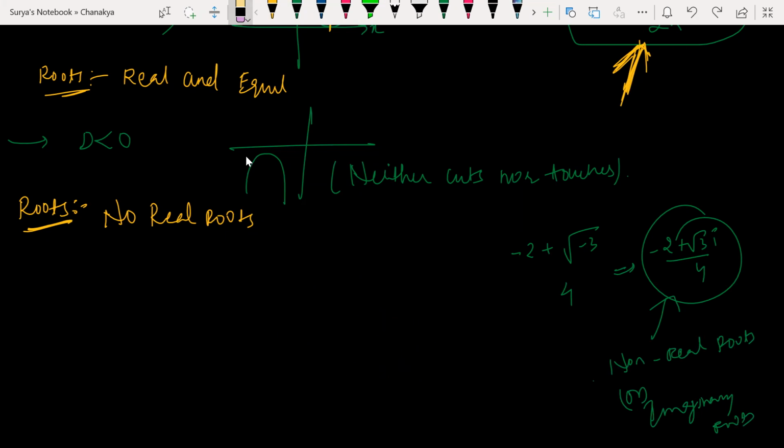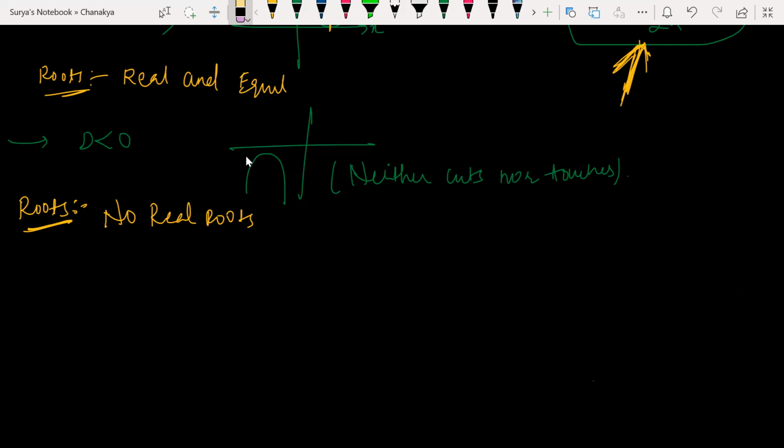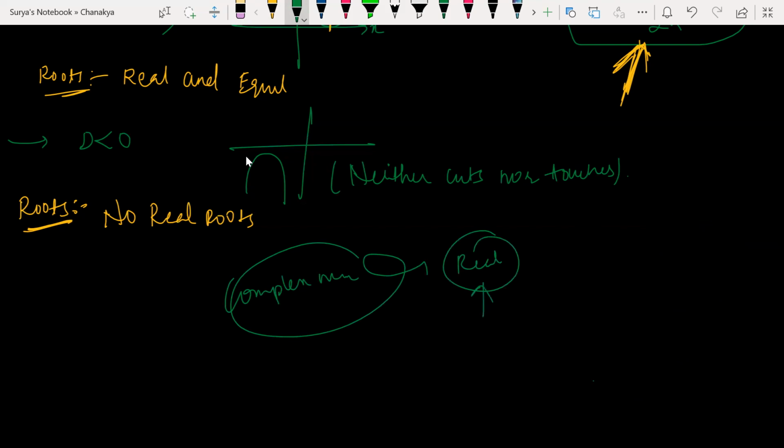So what is the use of it except for drawing graphs? For that, the square root of a negative number. Yes, sir. That is a complex number actually. Till 10th standard, you'll be learning about real numbers only. Coming to the 11th standard, you'll be starting to learn about complex numbers. Complex number is nothing but finding the square root of negative numbers. So you'll be learning in brief, don't worry.